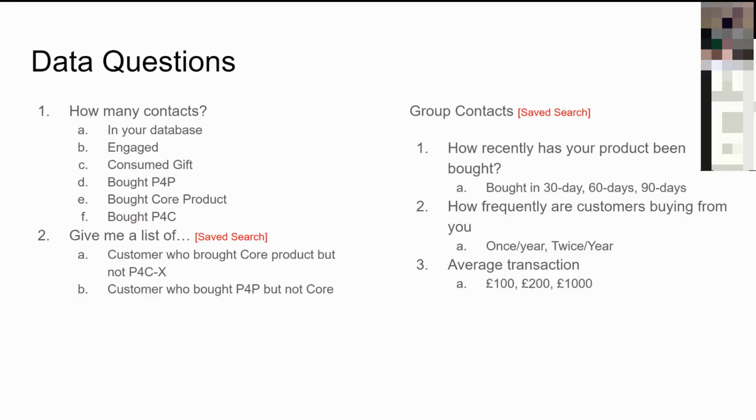Give me a list of people who've bought one particular product but not bought the core product. And that's probably tagging, or it's purchase segmentation. You know, I spent quite a bit of time the other day looking in Xero to try and figure out what intelligence Xero had to tell me anything that I gave a monkeys about as a marketeer, as opposed to a financial accountant. And the conclusion I came to is not much at all, nothing. In fact, it was nothing. It really didn't help me.